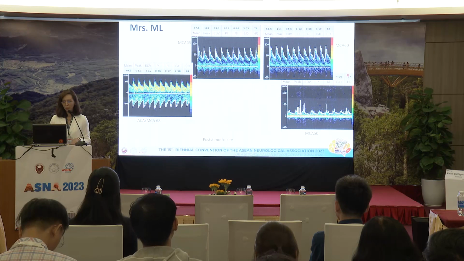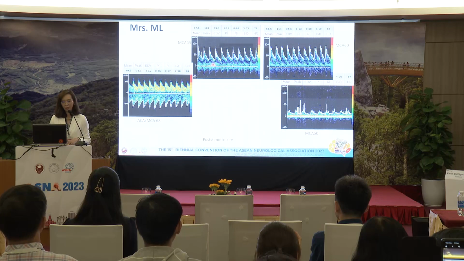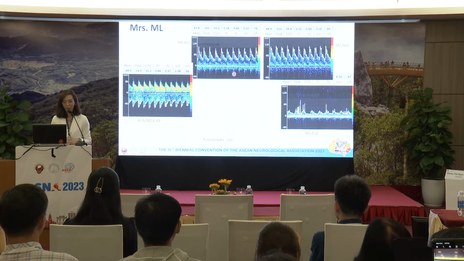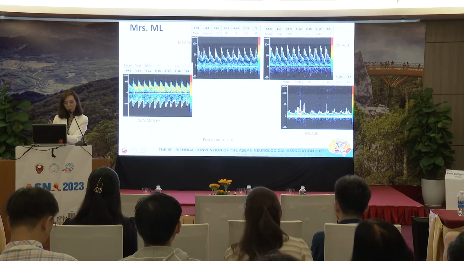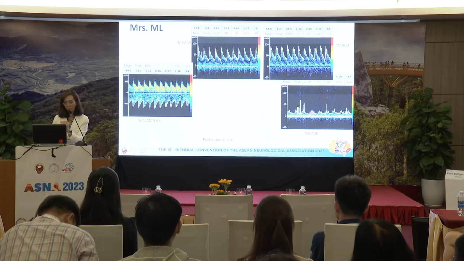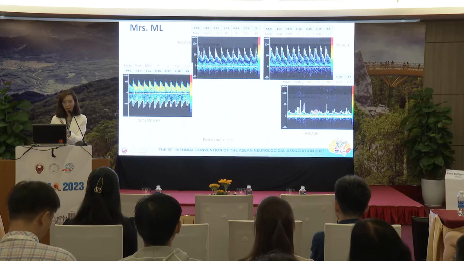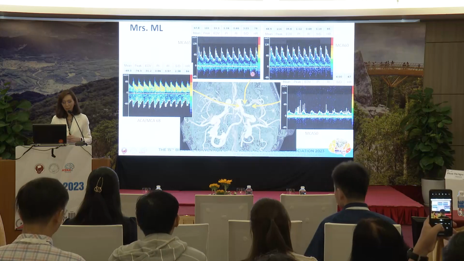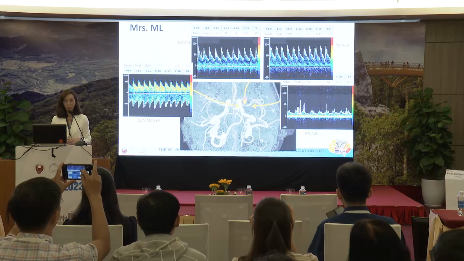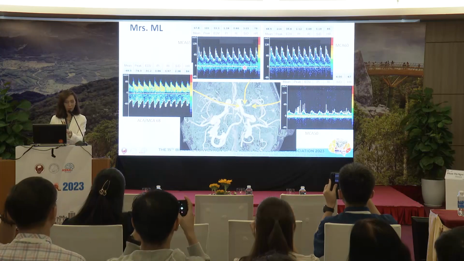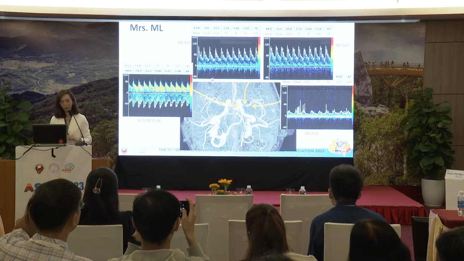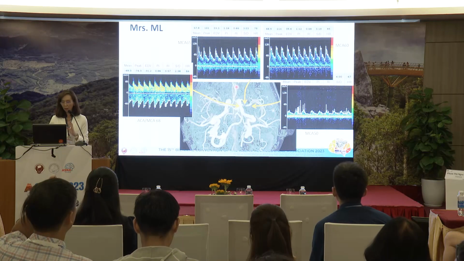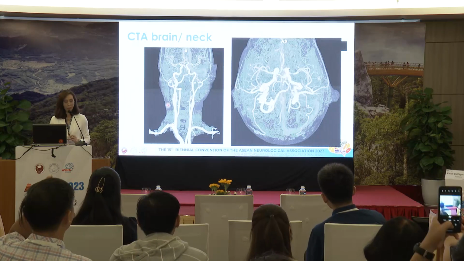So the probe is right somewhere over here. Getting deeper, you can see that this is ACA and this is MCA. And the velocity is very high in the MCA right at this point. And going near the probe, the velocity is down and the wave looks dampened or attenuated. So this is actually what the CTA looks like. At the stenotic site, usually we'll get a very high velocity, and we should measure that and see how high the velocity is, and you can just go to the criteria and look for it. So this patient is having MCA stenosis, and the carotid is fine.